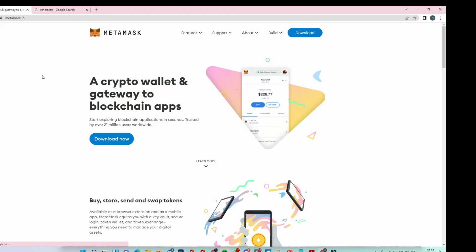Okay, so it's a crypto wallet and gateway to blockchain apps. So this is the right one. So just double check metamask.io. Just go to download,